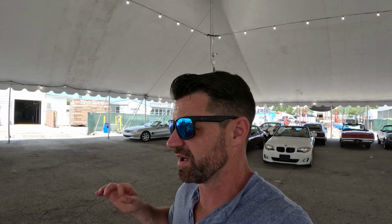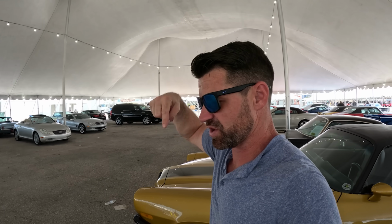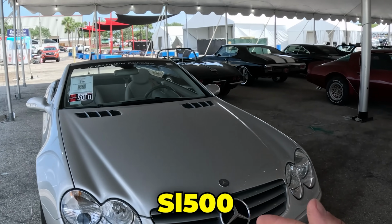I'm looking forward to really going through that car, checking it out, and I'm gonna bring it across the street to a dealer auction once this auction's over, and we'll see how we do. So that'll be a different video where we'll probably do a recap of the auction and then try to sell my Hummer and try to sell my Mercedes at a dealer auction to see if we can make any money. Here's another SL500,